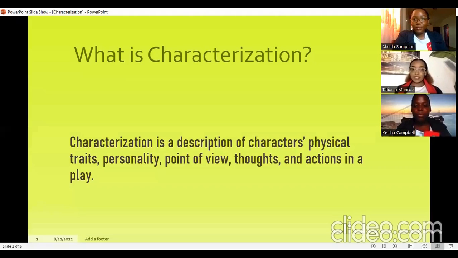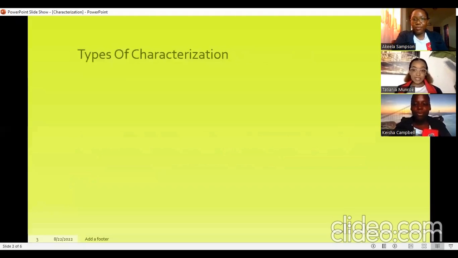So now that we understand what characterization is, I'd like to introduce you to the two types of characterization. But before I do this, I will choose someone from the class and give you an example, after which you will be guessing for me what these two types of characterization are. So Jane, would you please come up? All right, so here we go, the first one. Now look at Jane, right? This will be the first type of characterization I'm describing to you.